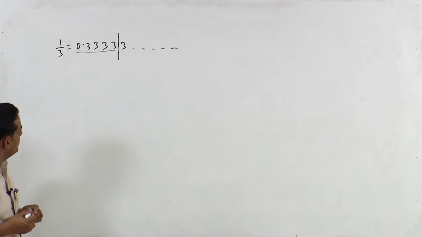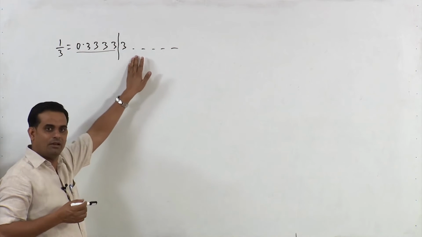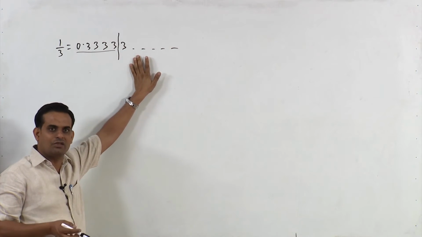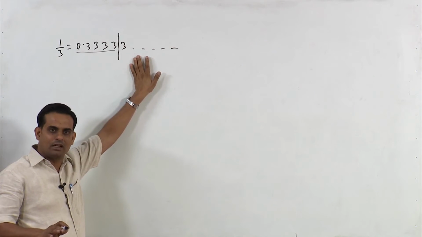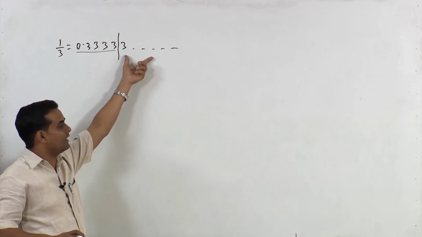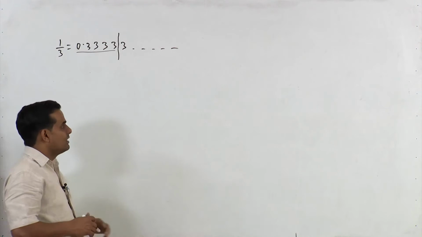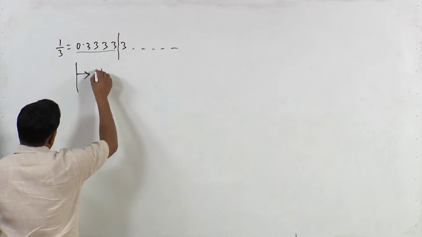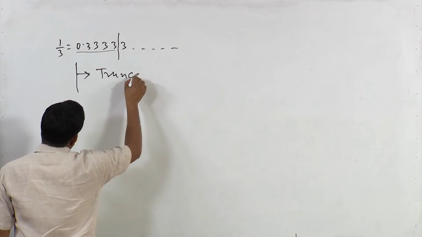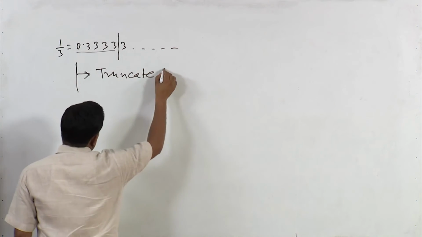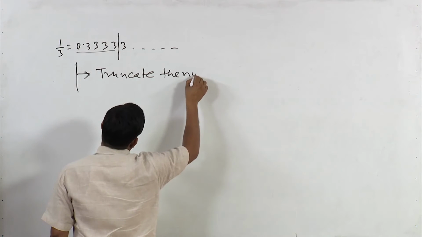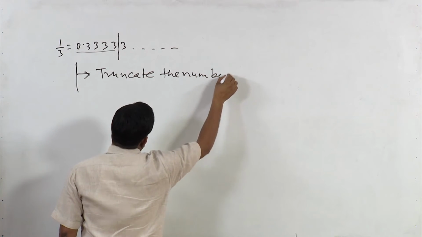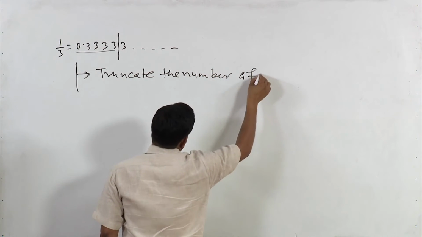Now we are introducing some error in our computation by ignoring this part of the number. So this can be done in two ways. One is that we truncate the number after finite digits,